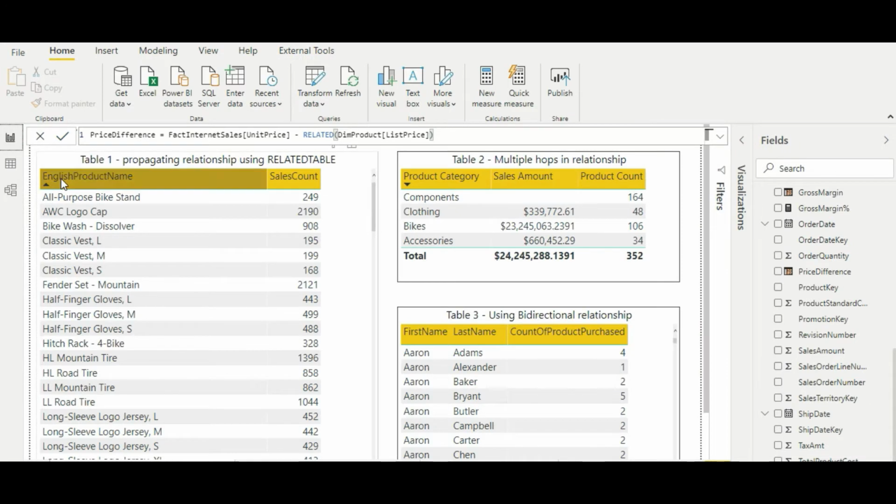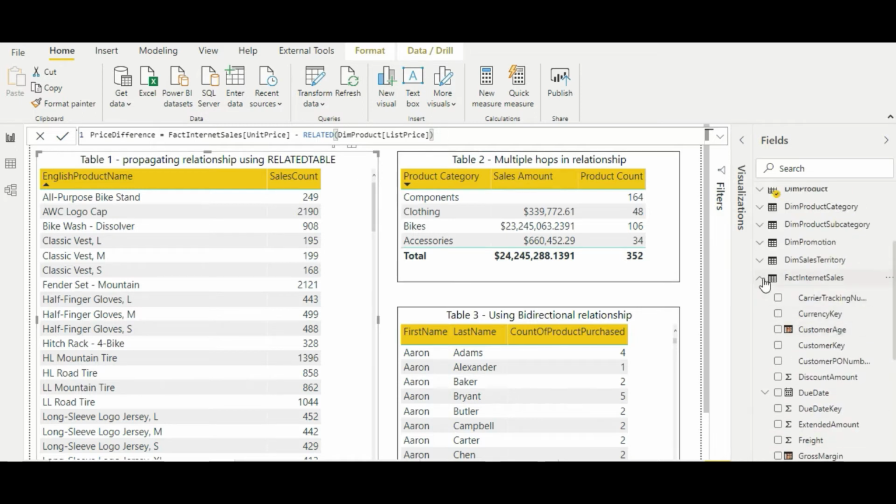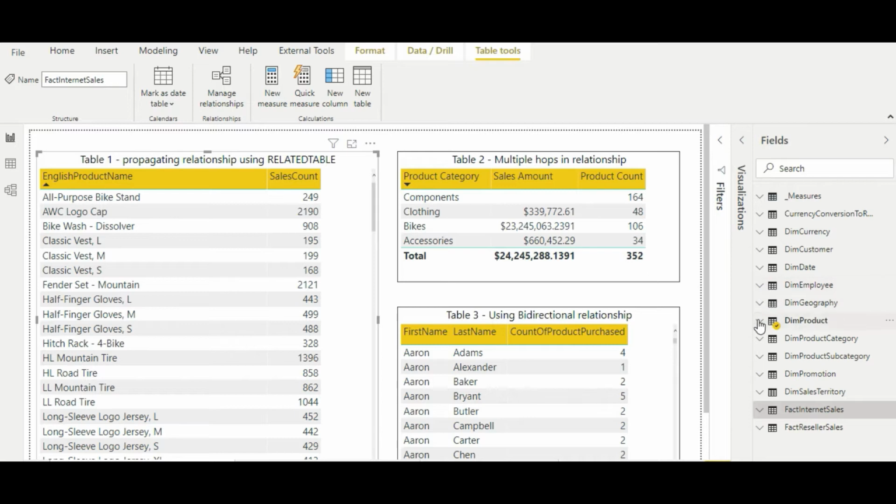Now let's continue with our demo and switch to these tables which I have created, and see the first table. In the first table we'll see the demo in which there are two tables, mainly the dim product table and the fact internet sales table, and here we will use the RELATEDTABLE command. We have seen the use case of RELATED. Now we will be creating a calculated column on the one side and fetching the values from the many side. Let me first show you the calculated column which I have created. So let me switch to the dim product table now.